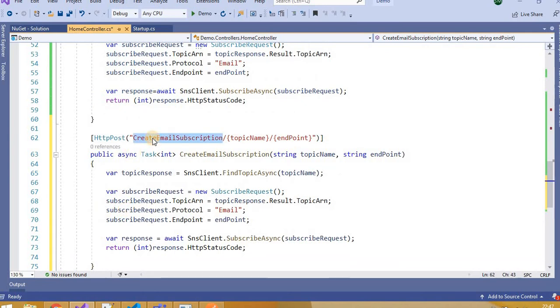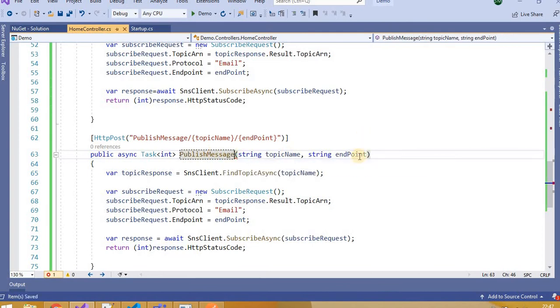What do we need in the parameters? Yes, we need the topic name, to which topic we want to publish the message. Then we need the message body, right? Then we need the subject line for that particular email.